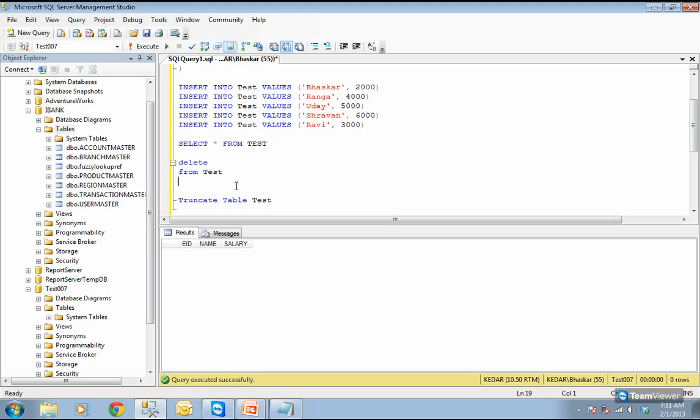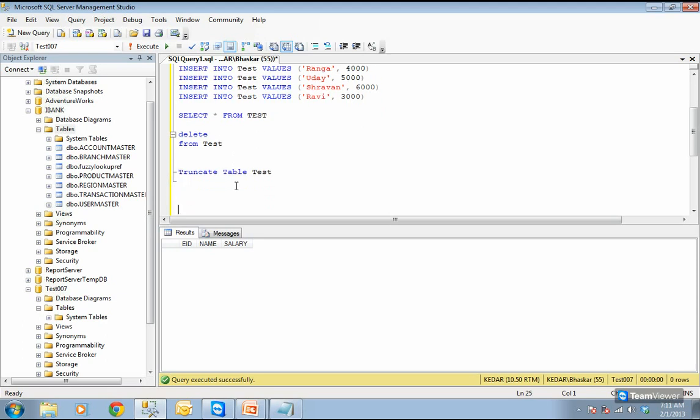But if I want to delete the table also, then we have to use drop table command. Drop table, then we have to use the table name. Okay. Now this is the command we have to use to drop the table. That means if you want to drop the table, the table will be dropped. At the same time, data is also dropped. Okay. So only drop command will delete the table and the data because the drop is removing the structure also.